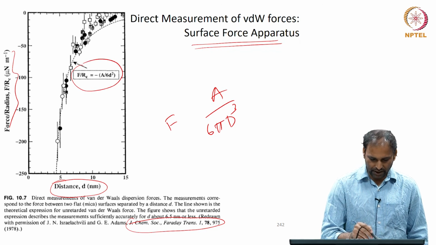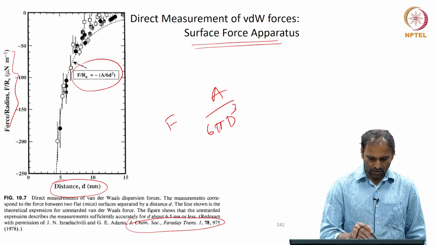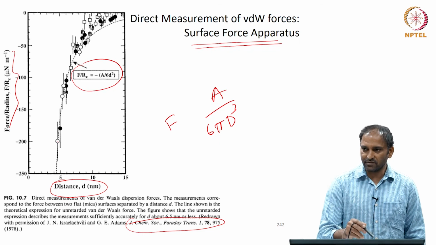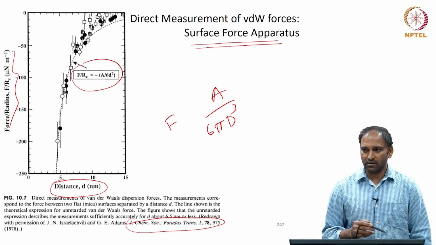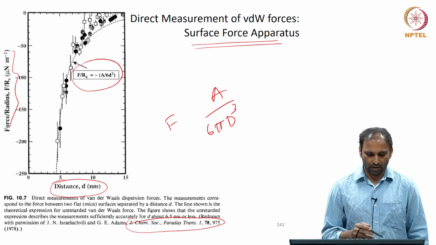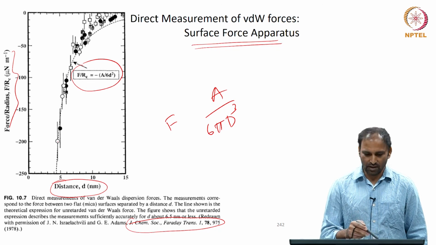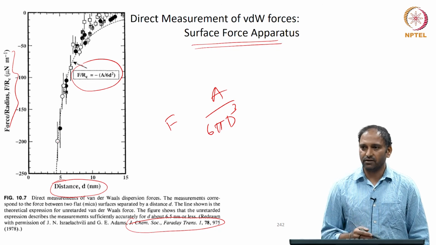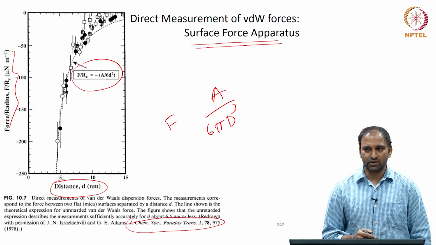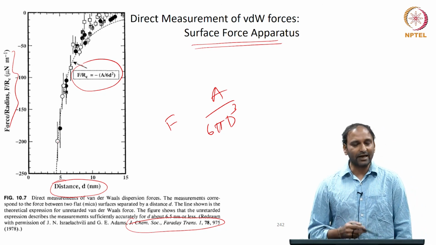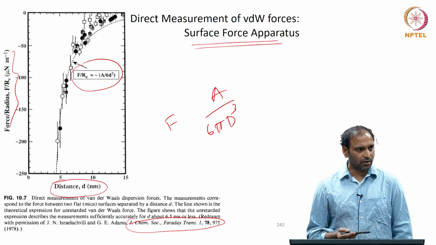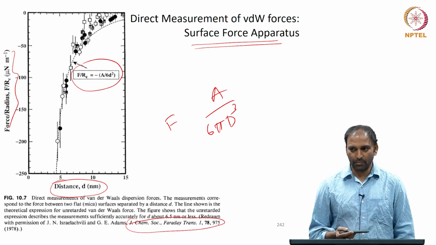The data points that you see, the filled circles, open circles, and other experimental data, have been measured. You have been able to measure force as a function of distance, and that line is a fit. Okay. So, there are direct measurements of van der Waals forces which people have been able to make,